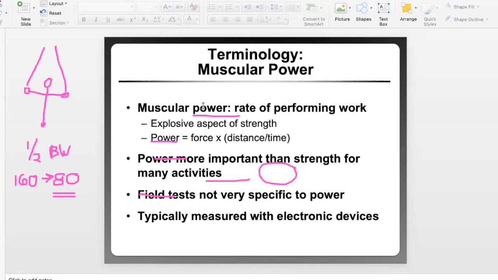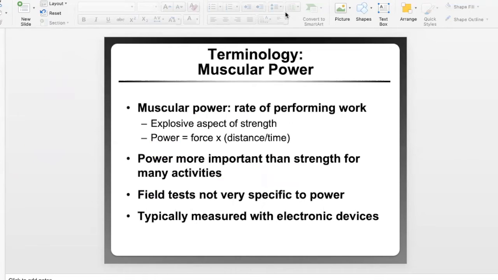So power is dependent upon the rate at which the strength is distributed in regards to time. So power is equal to work times distance. All right. So power is equal to work. Sorry, I think it's work divided by distance. Work divided by distance. And work is equal to force